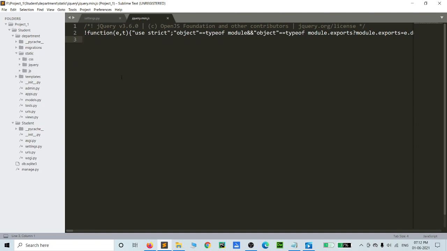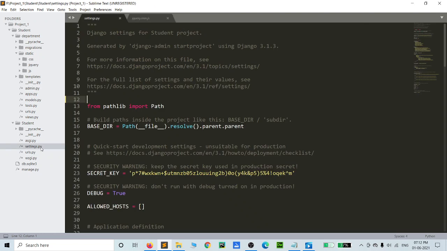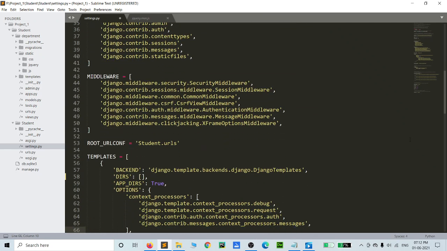How to include them in our Python programming, how does it work, means how to add these files. We can go to settings.py. Inside the student folder, another student folder, we go to settings.py. We have to include some commands here because this is very important to run our Django web framework. We include import os. This is the operating system module, we include it here, and we come to the bottom, templates. Yeah, it says templates. The directory files are available. Inside the templates, we have the directory files available.